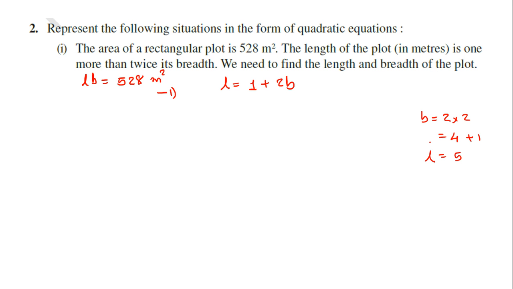That is the interpretation. That kind of easy numbers you have to visualize, you have to assume during the answer, so that your equation will not become wrong. So L is equal to 2B plus 1, otherwise 1 plus 2B. And this is equation number second.